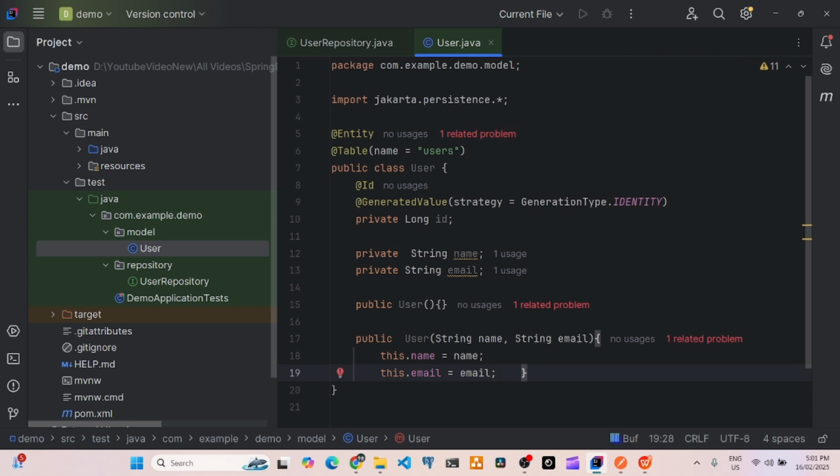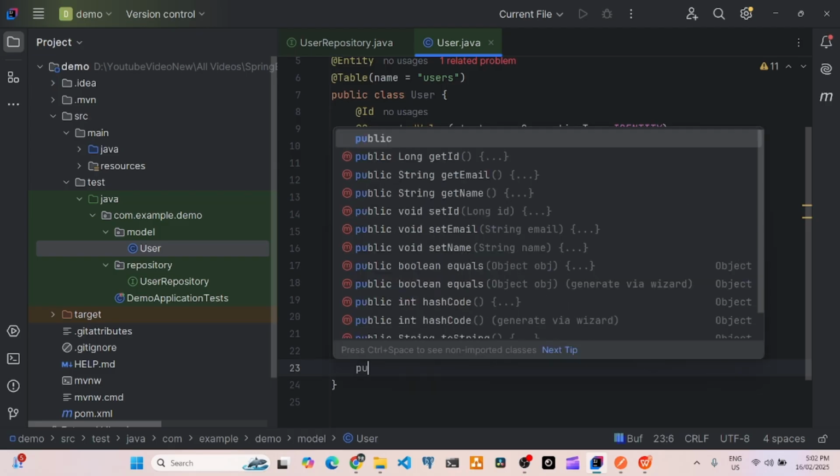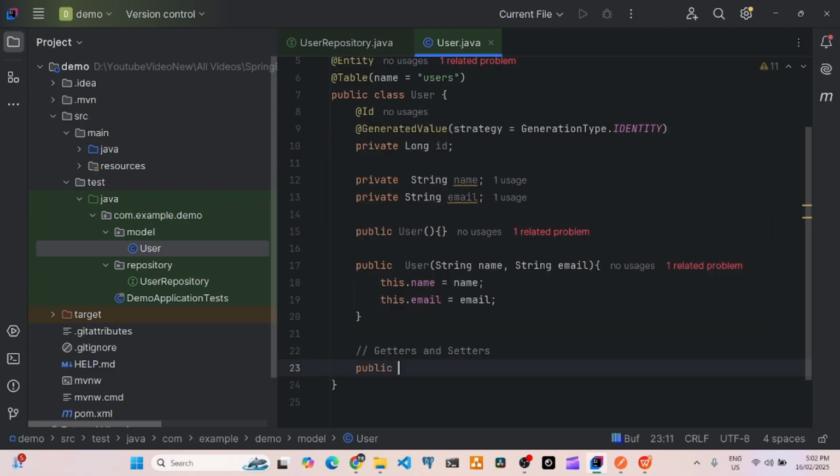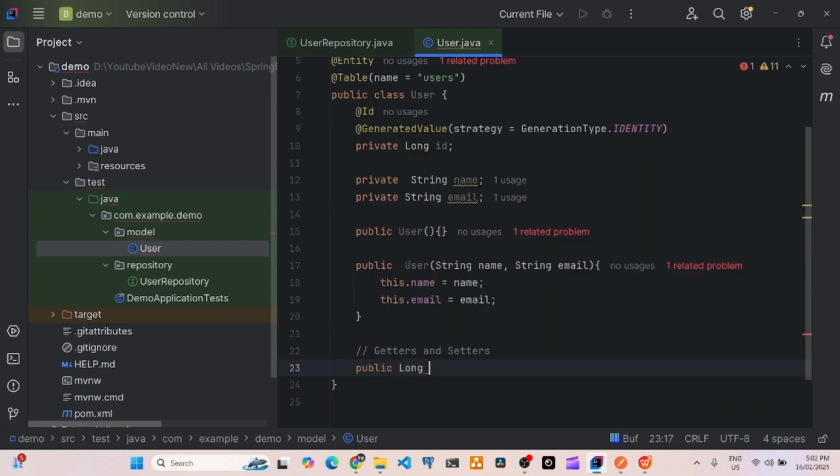Then, as I said, the model layer is going to help us create the setter and getter methods, right? So I'm going to create the getters and setters. Set the value, get the value. Okay, so first, I have three values. First is getId, public long getId. I want to return,